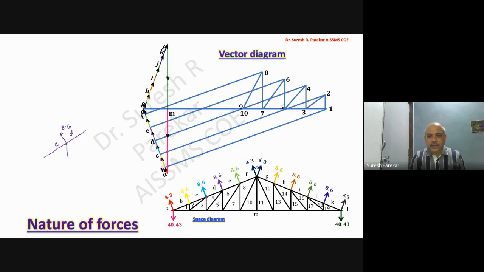And now you can see we are considering this joint. So we have this vertical force, then we have one inclined force, and another inclined force. So I will plot it inclined and then give names to these spaces. So we have these as 6, 5 and 4. And as we have seen in the last video, we have to go clockwise. So this is actually 6.